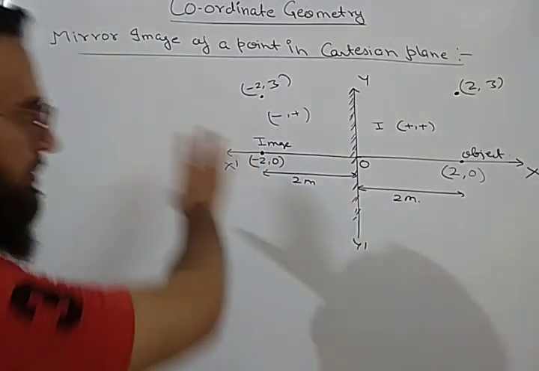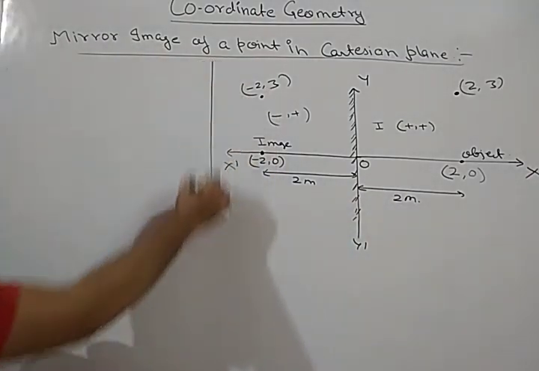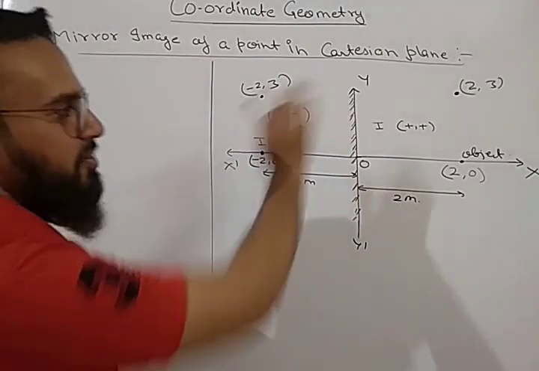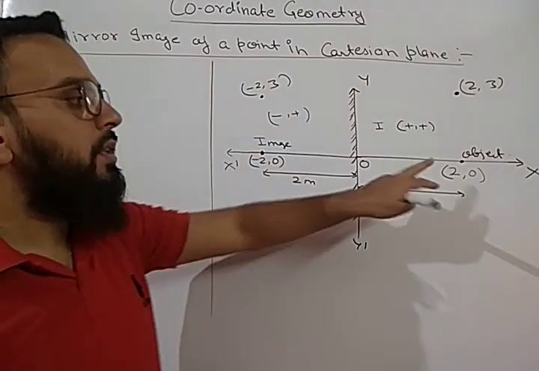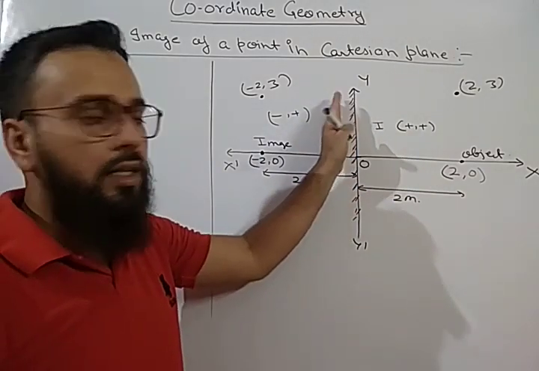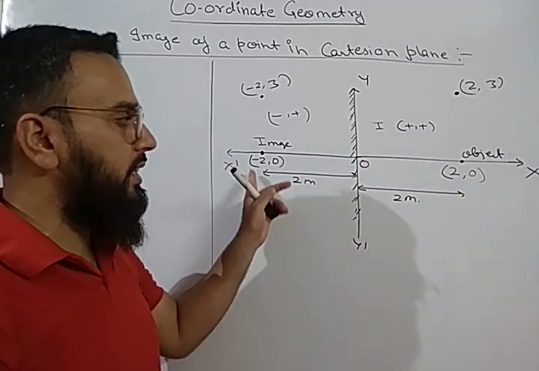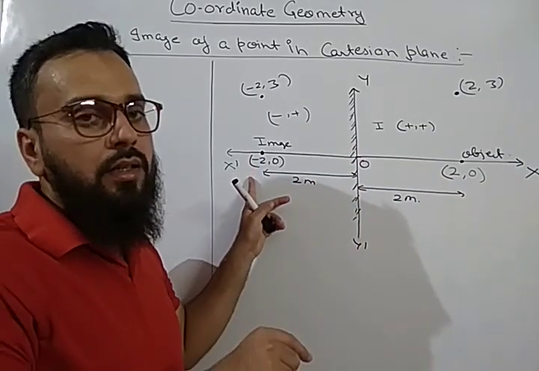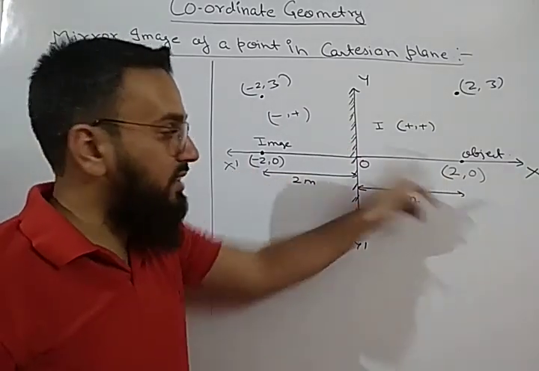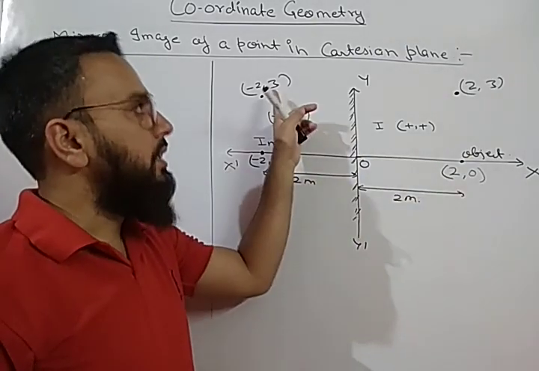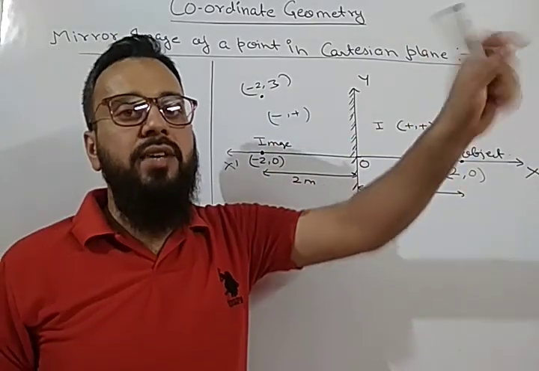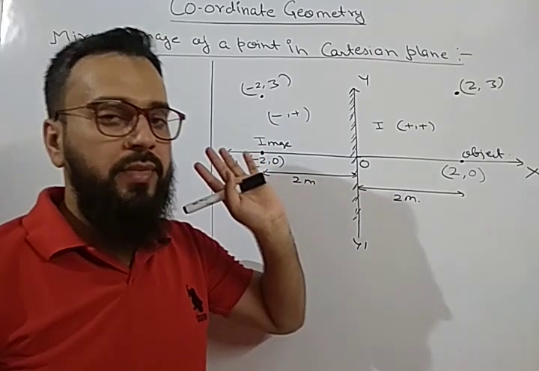Okay, so now I am writing it in general form. This was the explanation, you can understand it very well. If the mirror is placed on the y-axis, then the x coordinate changes only in sign. The position is not changing, only the sign is changing, and the y coordinate is not changing in position as well as sign. Both remain the same.